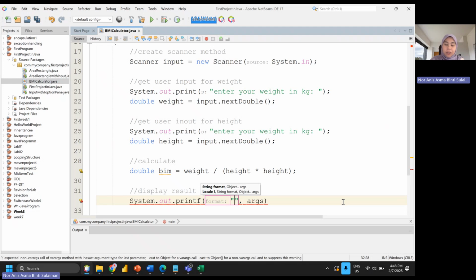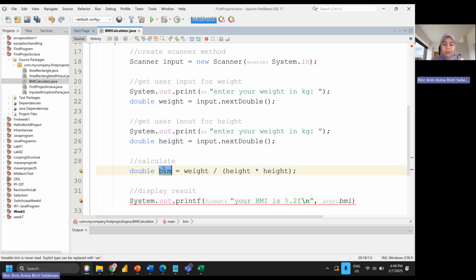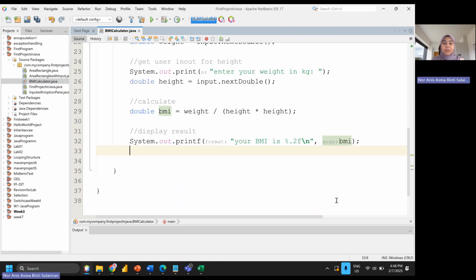So your BMI is %.2f and \n. Then the argument here I change to BMI. So this is the wrong spelling, so I make it the correct one, BMI.